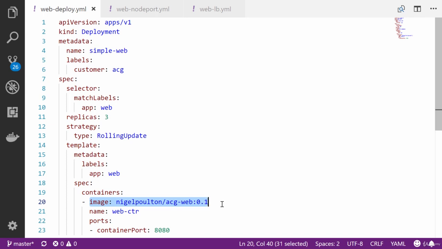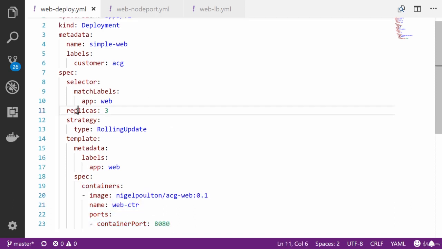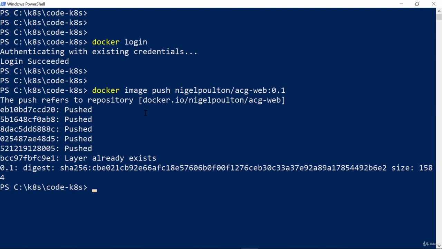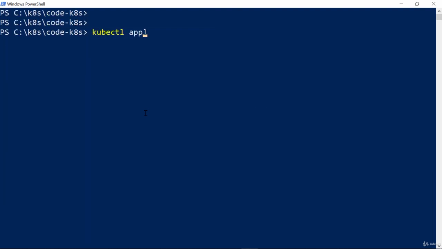Now then, trying not to get lost in the detail. We've built our image and pushed it to Docker Hub. This here's the name of the image and where it is. So, by default, Kubernetes prepends image names with docker.io, meaning this image actually lives on Docker Hub at docker.io in the Nigel Poulton ACG web repository, and the name of the image is 0.1. It's the only container running in the pod that we're defining here, and we're asking for 3 instances of that pod. So if we now tell Kubernetes here to deploy it,